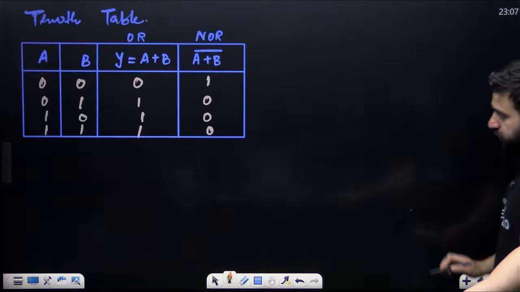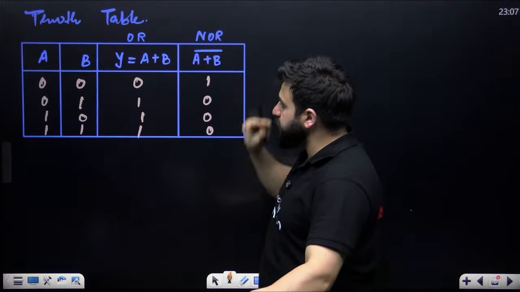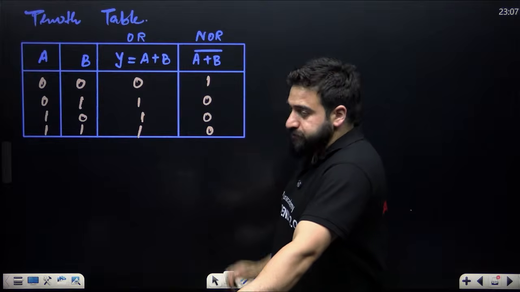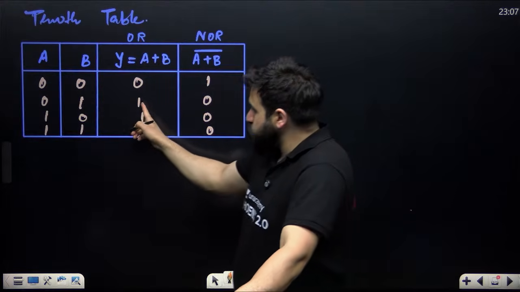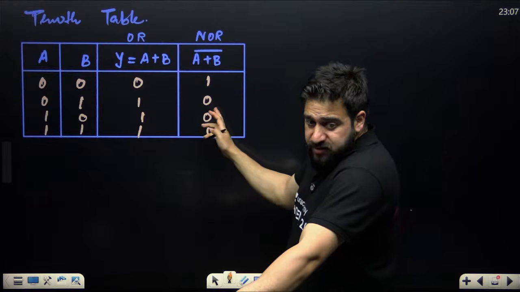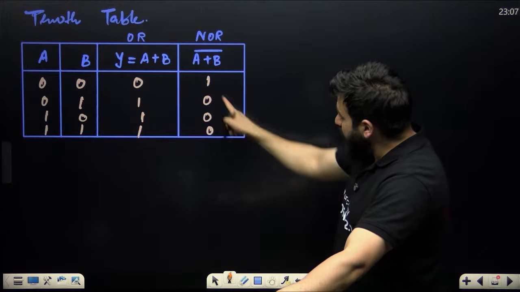You can make the truth table also. This is A, B. Final output is (A plus B) bar. What is 0 plus 0? 0. 0 bar is 1. 0 plus 1 is 1, 1 bar is 0. 1 plus 0 is 1, 1 bar is 0. 1 plus 1 is 1, 1 bar is 0. Now see, output is high